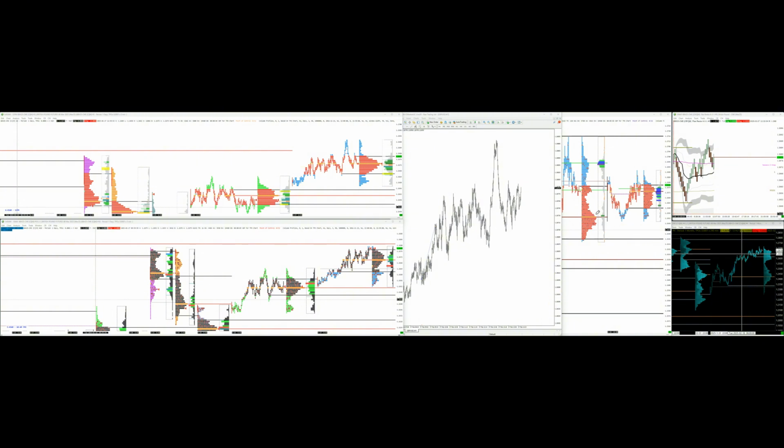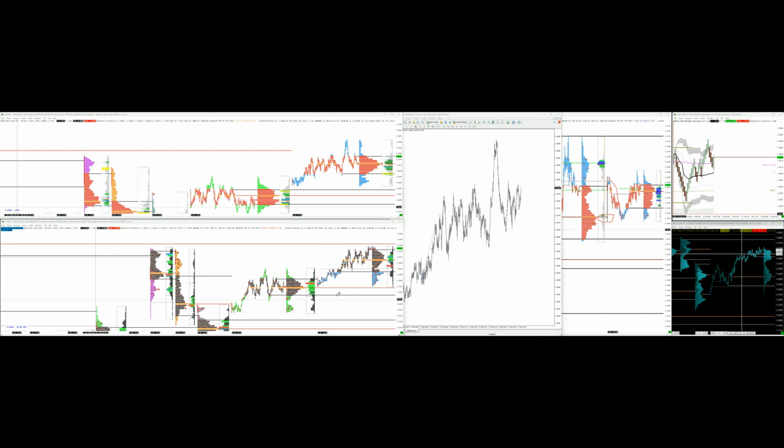So this line here, this burgundy line here, is what we call the point of control, the POC. So this is where previous transactions had happened for the longest amount of time on the previous day on this profile here. Okay. So prices opened up, traded down to the point of control,